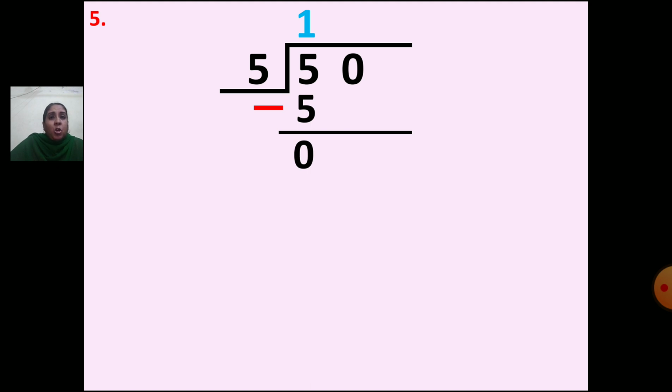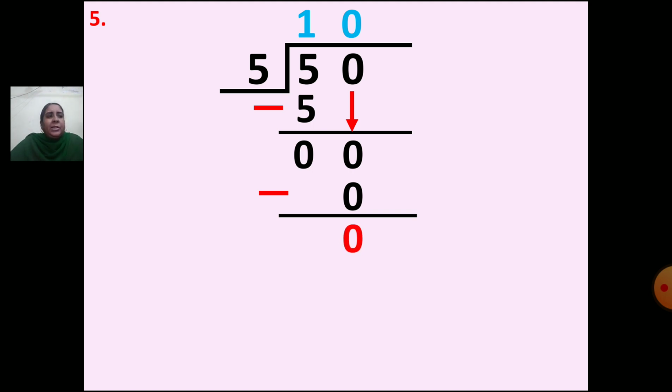0. Now you cannot stop the sum here, right? Because another 0 is also there up. So you have to put one arrow mark, bring that 0 down, and then again you have to divide. Now in the table of 5, when you get 0, 5 zeros are 0. So what will you do? Up you will write 0. Down also you will write 0. You will put the sign of minus. Then you will draw one line. Now 0 minus 0 is what? 0. Now here your sum gets over.